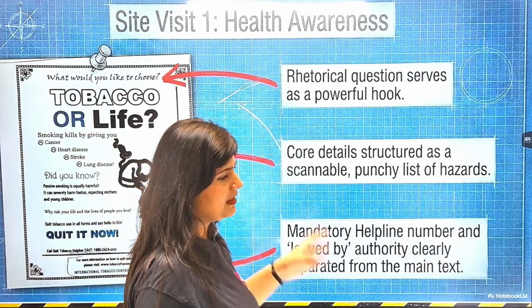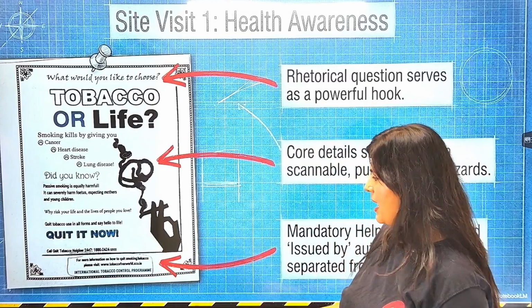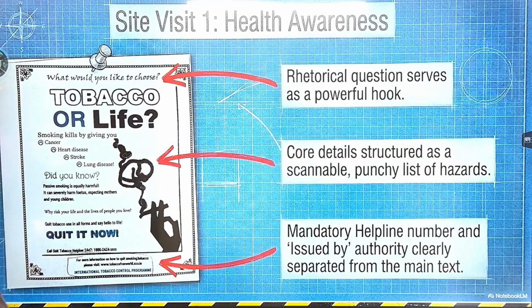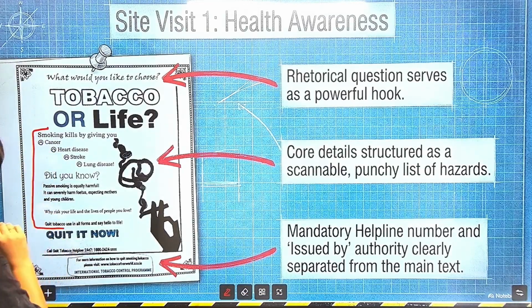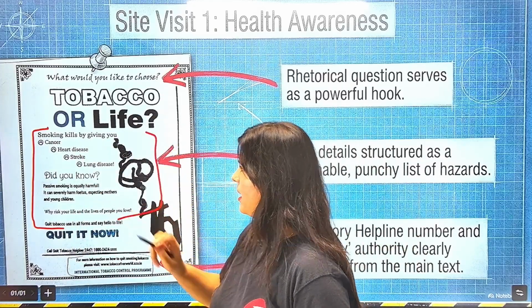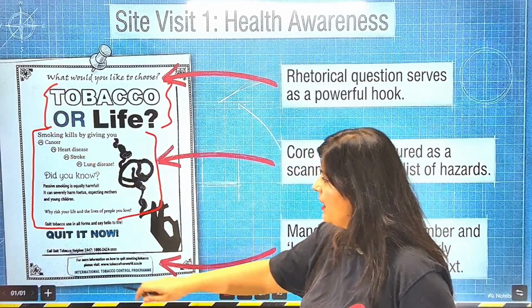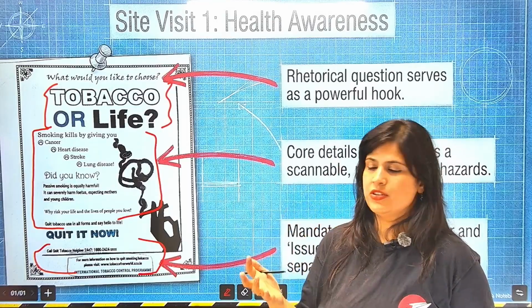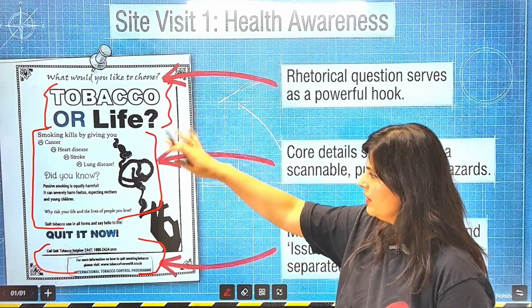Now look at this example. This is a general awareness poster and it has got all the elements that I was talking about. All the elements. See, I told you that you can begin with this portion. Writing, you can start writing with this portion and then frame your heading accordingly. Okay. Lastly, you have your organization, issuing authority, and finally the box around it. Okay. All the elements are there.